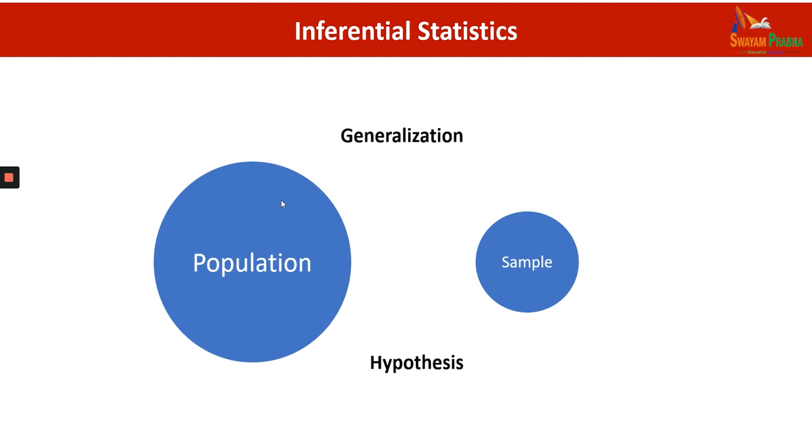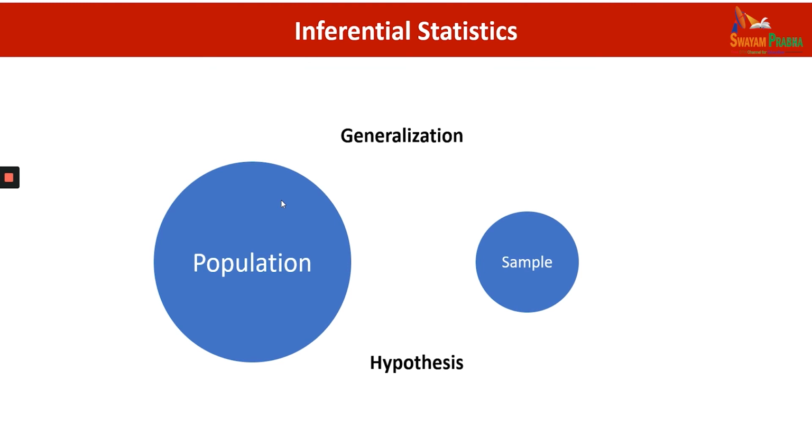So there are different types of hypothesis and there can be different types of variables in a given hypothesis. It can be a categorical variable, it can be a scale variable, and accordingly on the basis of the type of the variables, we apply the various statistical tools to test the hypothesis to ultimately reach to the generalization.